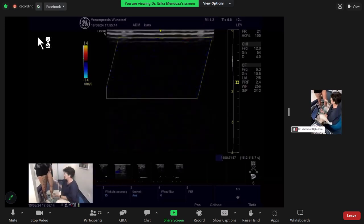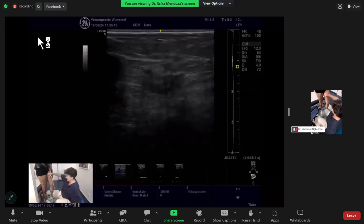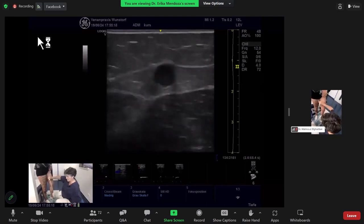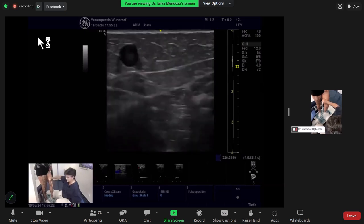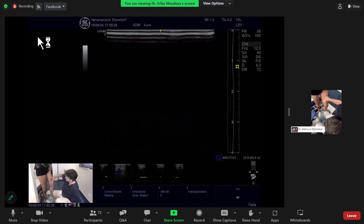I mean, this is physics. But this demonstrates that if all the reflux goes out of the saphenous vein into one tributary, and you close this tributary, you will have a recovery of the proximal saphenous vein. That's a very